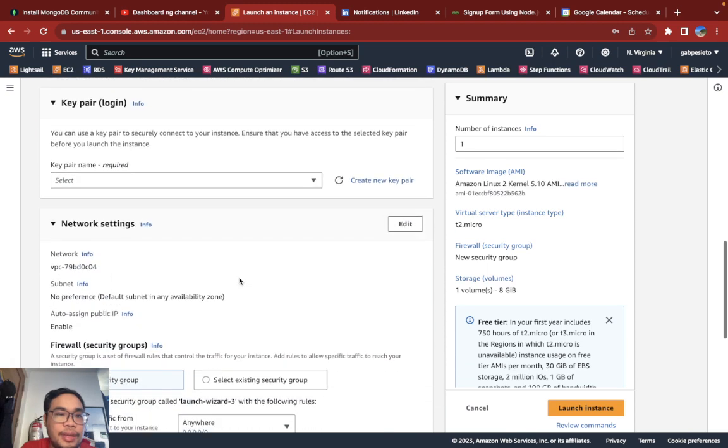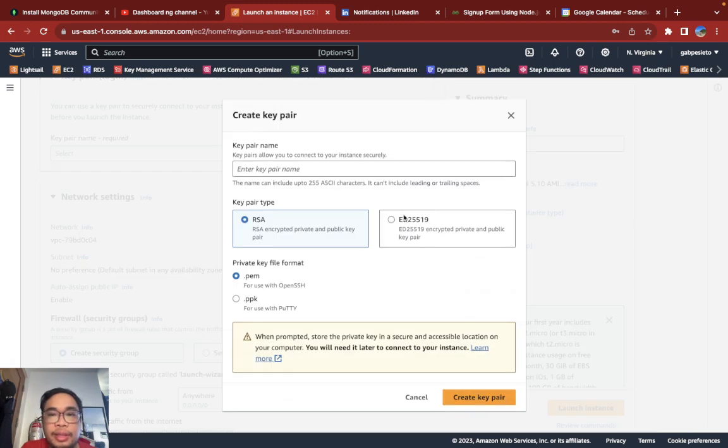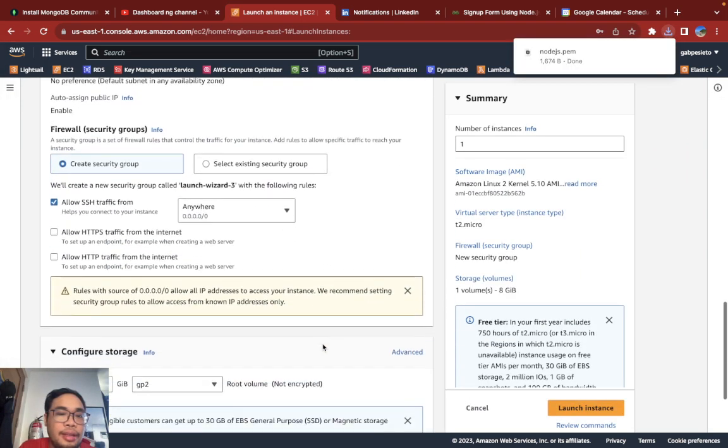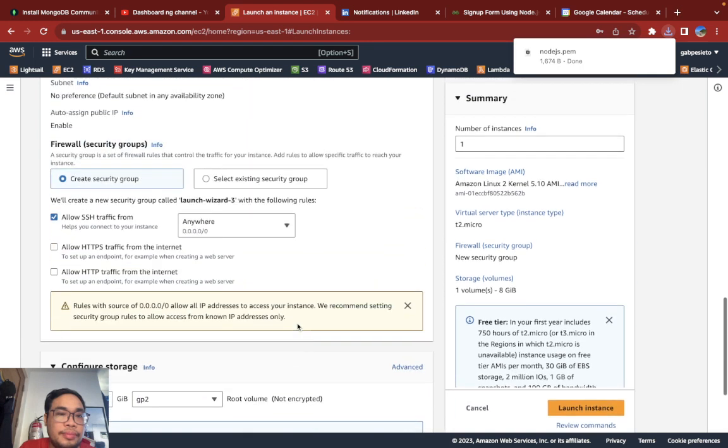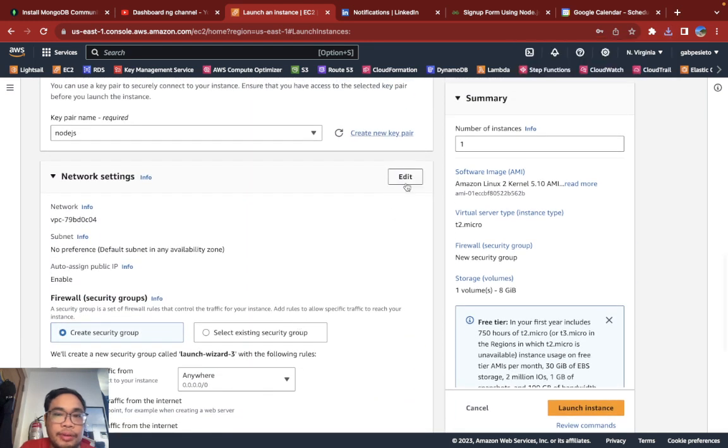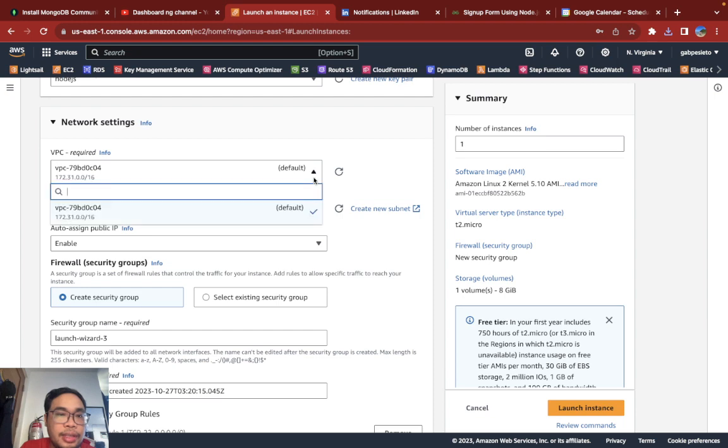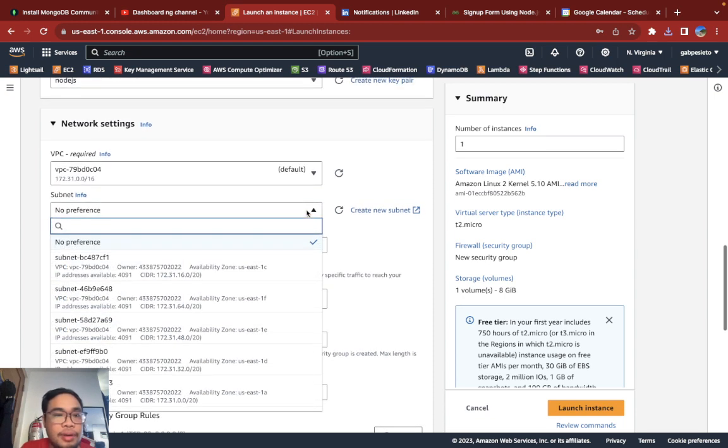T2 micro is free. Key pair, we need to create this because we need to SSH later. And then, for network and security, we select the default VPC, but we can also create our own.